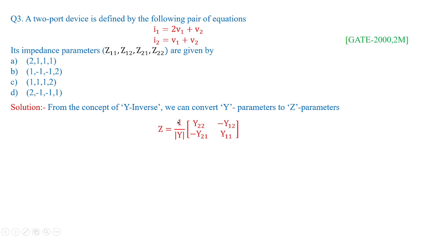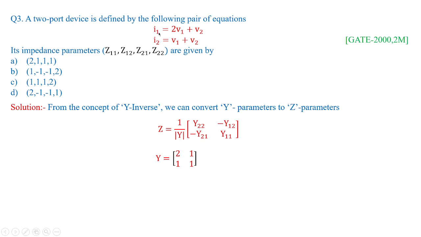So Y inverse will be given by 1 by the determinant of Y, and you just take Y11 replaced by Y22 and Y22 replaced by Y11, whereas the transfer parameters are replaced by minus Y12 and minus Y21. So what Y actually do we have? From the given equations,